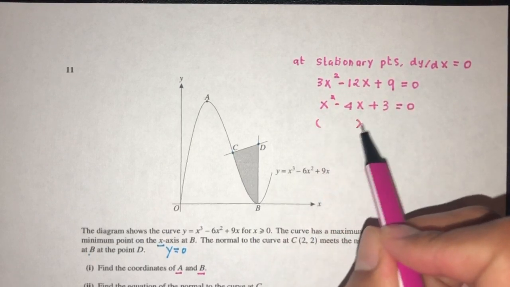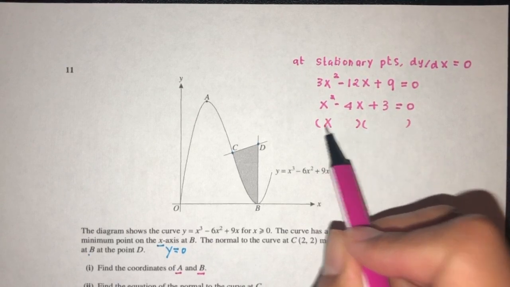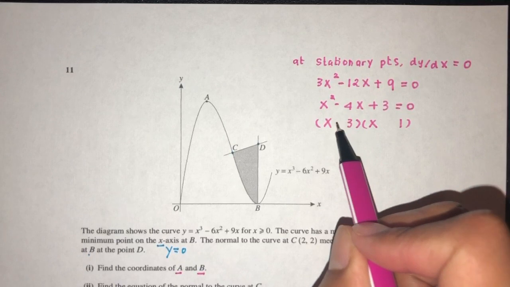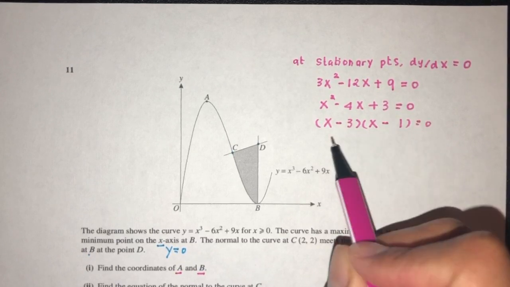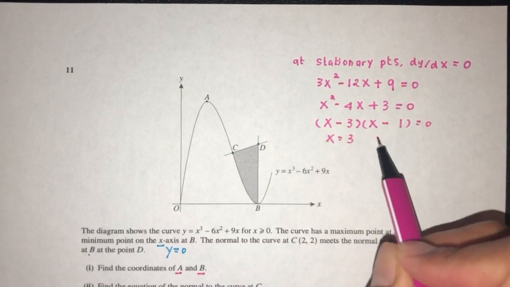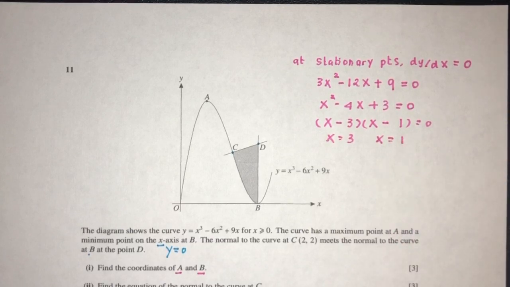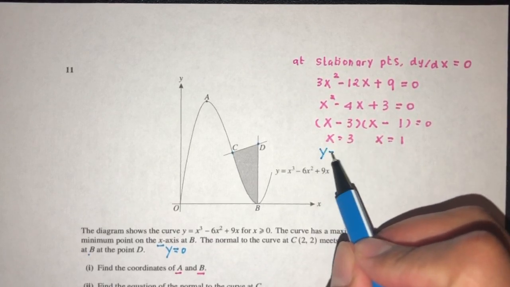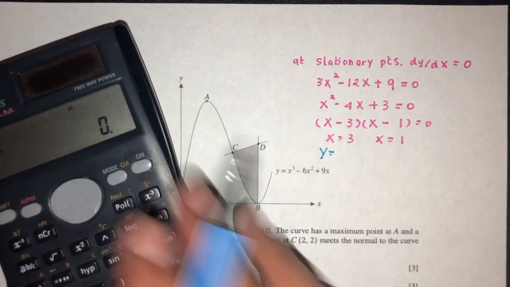Now we can factorize, obviously. That will be (x, x), 3 is 3 times 1. We need minus 4, so that has to be minus 3 minus 1. X will have to be 3, or x has to be 1. Now, for these values of x, let's find the value of y. Replace back in the equation, you will have